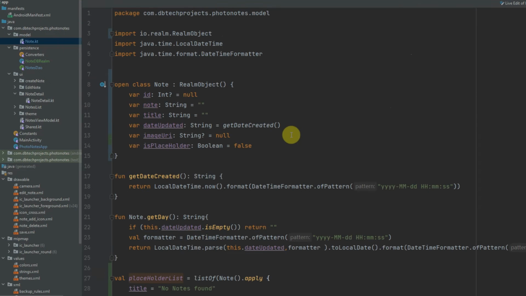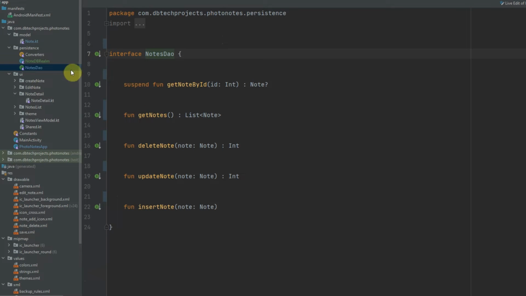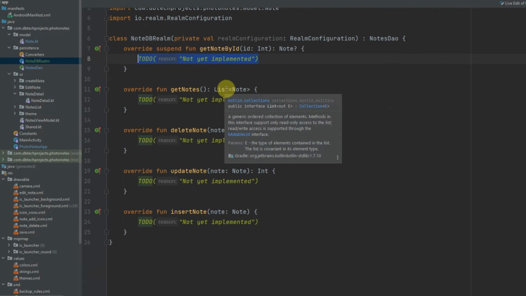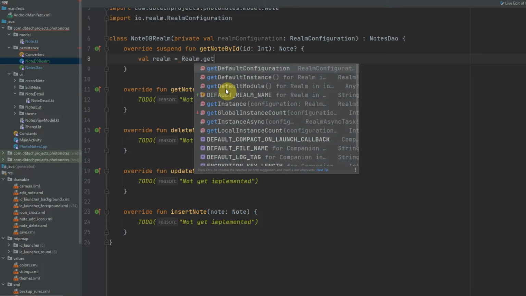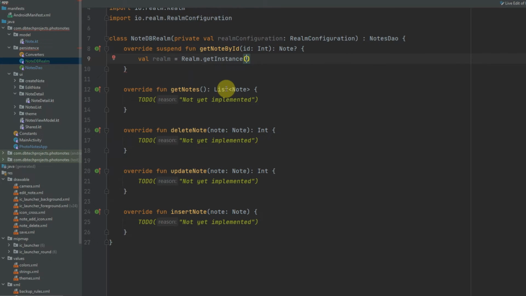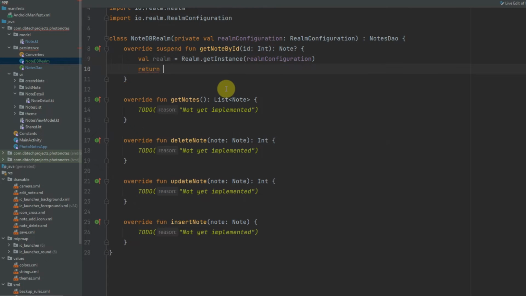And now we've refactored our model to use Realm, we can look at implementing the functions in our notes DAO. So we go back to our NoteDB Realm class, and now we can start on the getNoteById function. In order to get a note by the ID, we will first need to get an instance of our realmDB, which will be Realm.getInstance, and pass in the realm configuration, which is the parameter in the constructor,